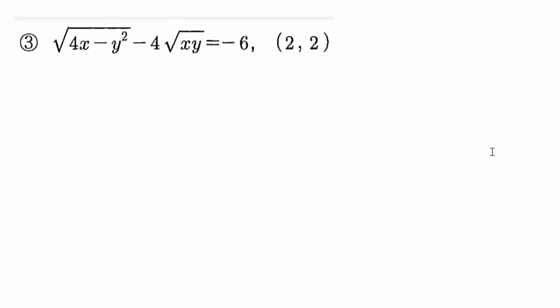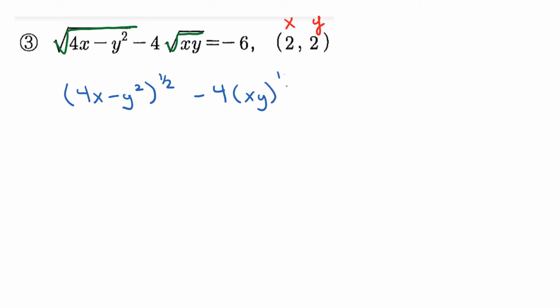All right, so I have another question where I need to find the slope of the tangent at the point 2 comma 2. So this is my x value and this is my y value. And for this particular problem, before we take the derivative, I see that we have these radical signs here, and with most of these radicals in this chapter, we need to convert them into powers. So this would be (4x minus y squared) to the power of 1/2 minus 4 times (xy) to the power of 1/2